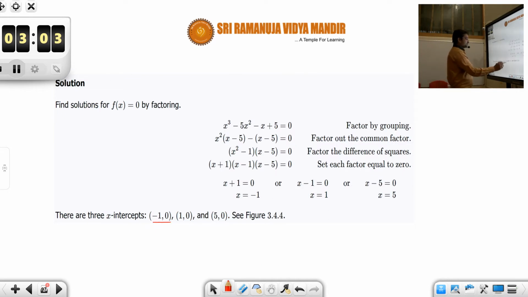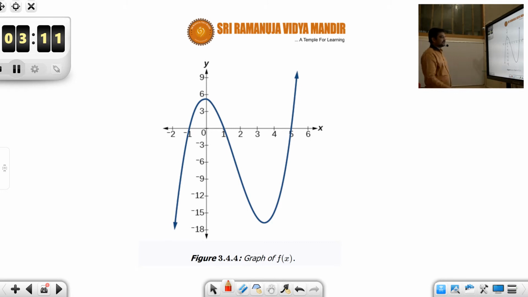So these are the 3 x-intercepts, that is minus 1, 1, 5. If you try to draw the graph, you will find something like this. The x-intercept means the polynomial graph passes through this minus 1. Similarly it passes through 1. Similarly it passes through 5. So it comes down, and again it will go up. It will be like this. For now we haven't learned why this graph looks like this, but one thing is clear, we know the x-intercepts are minus 1, 1 and 5. We have learned how to find the x-intercepts.